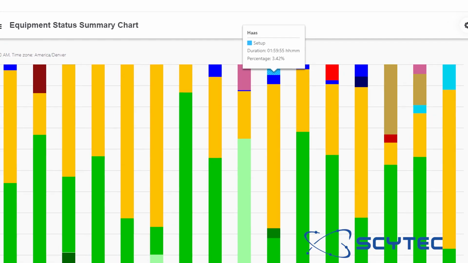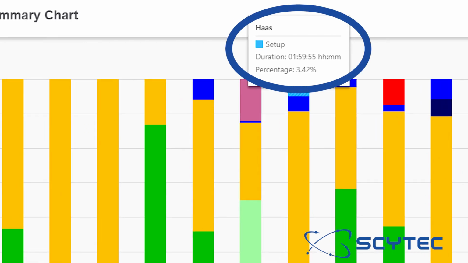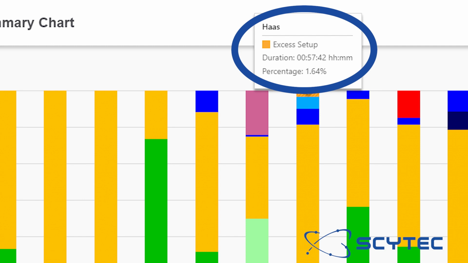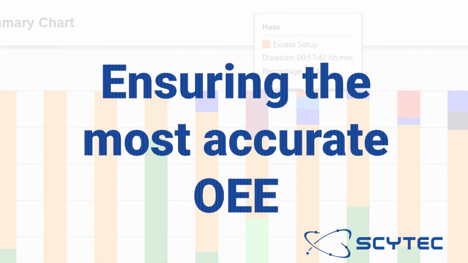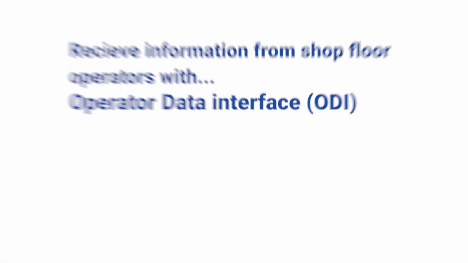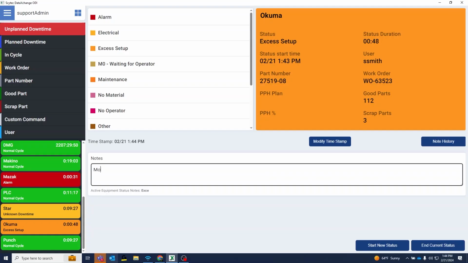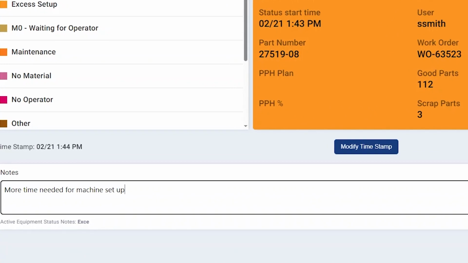DataXchange, unlike other machine monitoring platforms, is perfect for establishing a baseline standard for setup times and will automatically put a machine status into an unplanned downtime from a planned setup status when a machine has exceeded its ideal setup time, ensuring manufacturers are provided with the most accurate utilization and OEE percentage. Scytec DataXchange allows necessary personnel to enter specific reasons for extended machine setup from the Scytec DataXchange Operator Data Interface,